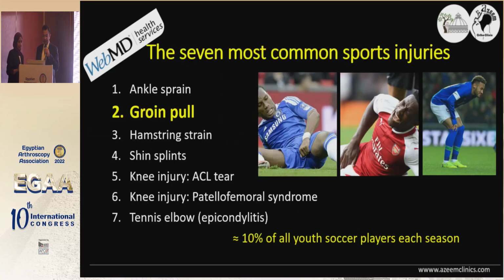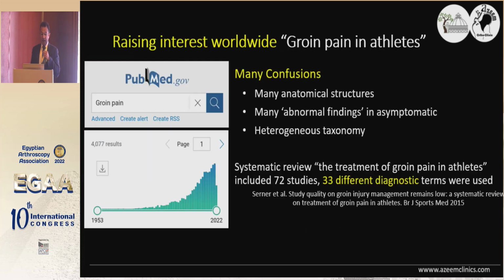So if we look at the 7 most common sports injuries, we'll find that what the sports physician named groin pull comes second after the ankle sprain, in front of or above many common sports injuries like the knee ACL, patellofemoral pain, tennis elbow, and things like this. A growing interest in the whole world has developed over the last 10 years, studying the main causes